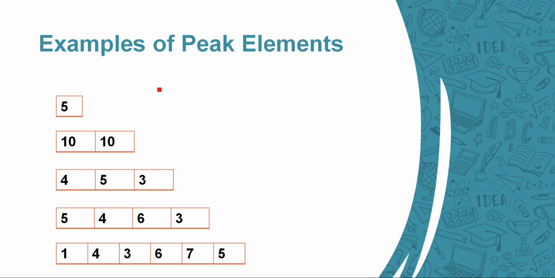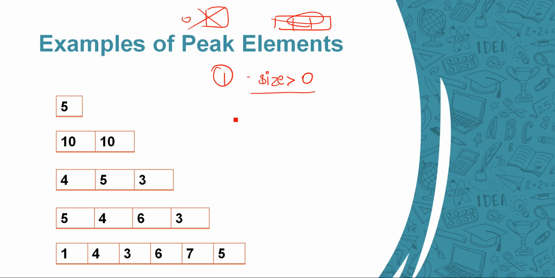So there will be some conditions. The first condition would be that if we are given an array, there should be some elements, right? If there is no element, then which one will be the peak element? There will be an empty array, let's say of size 0, so there will be no elements, which basically means in the empty array we cannot find a peak element, right? So the first condition is the size of the array should be greater than 0. It should have at least one element. Now this will be our first condition.